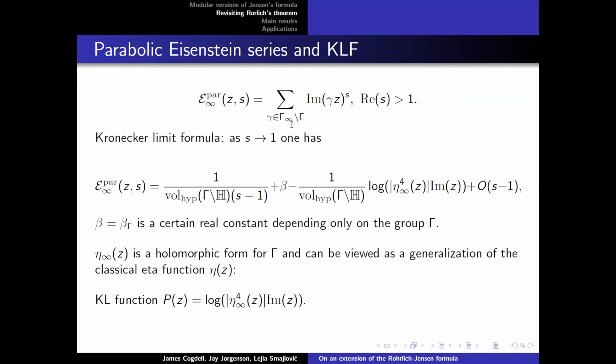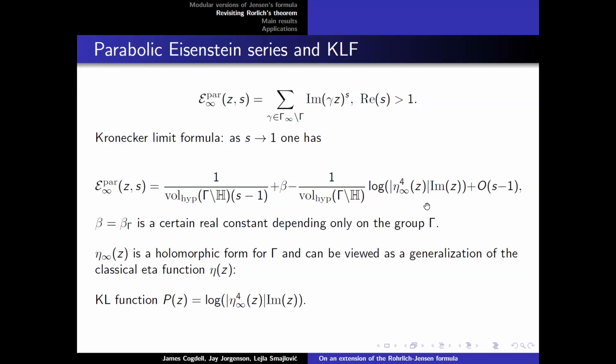So the sum over the cosets of the action of the stabilizer at infinity of the imaginary part of gamma z to the power s, of course, with real part of s bigger than 1. Of course, the series is well-known, well-studied, a real analytic series, and there is a well-known Kronecker limit formula, which states that as s tends to 1, the parabolic Eisenstein series has a simple pole with residue 1 over volume,